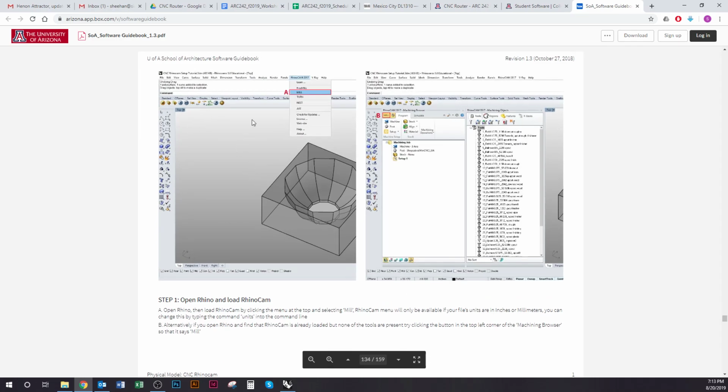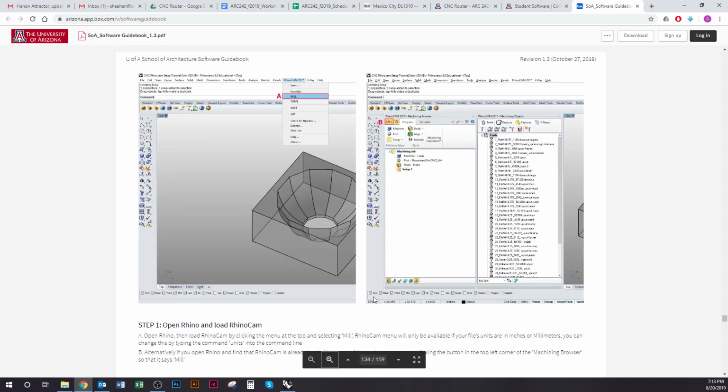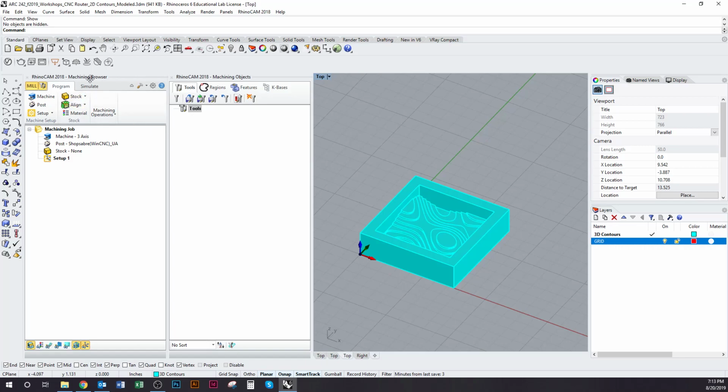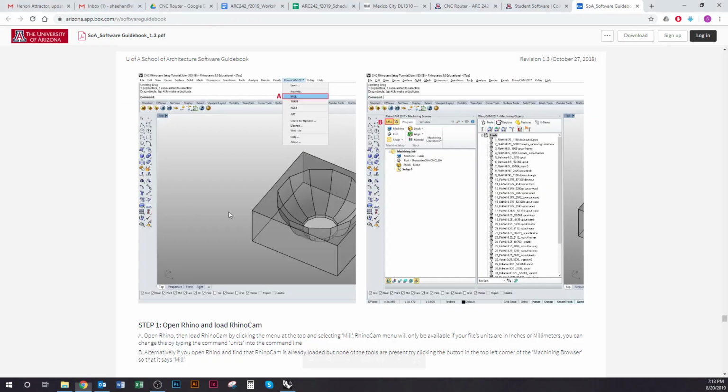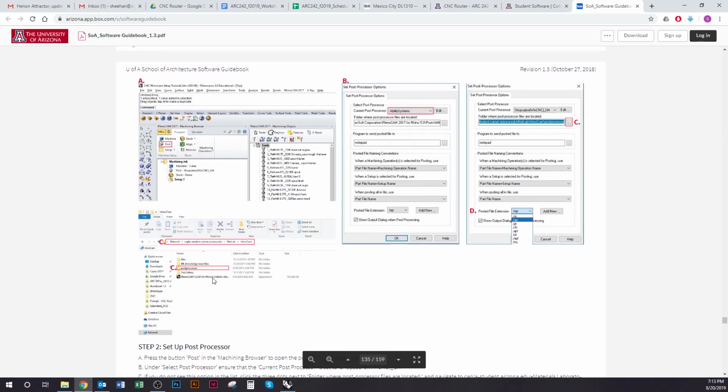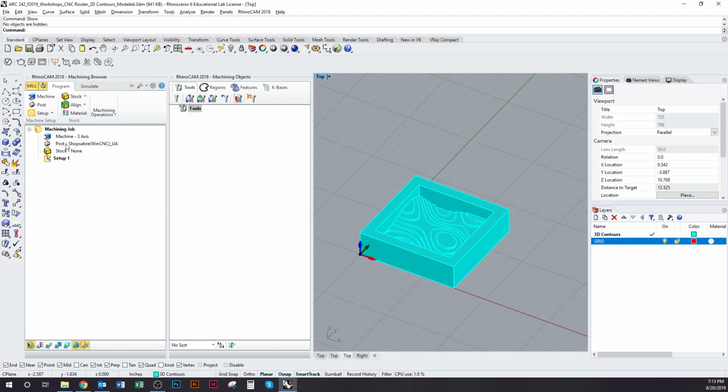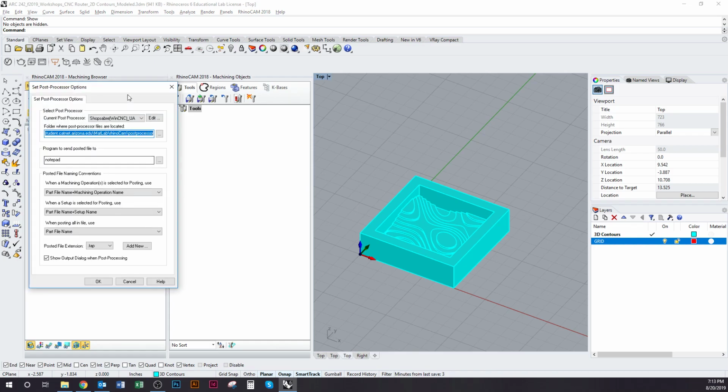Like I said, the first thing would be to load RhinoCAM. So we go to RhinoCAM, press mill, and you should see these two windows appear. So we have the machining browser and we have the machining objects. The first thing to do will be to set up the post file. So in the machining browser, there's a button that says post. If I click on that,